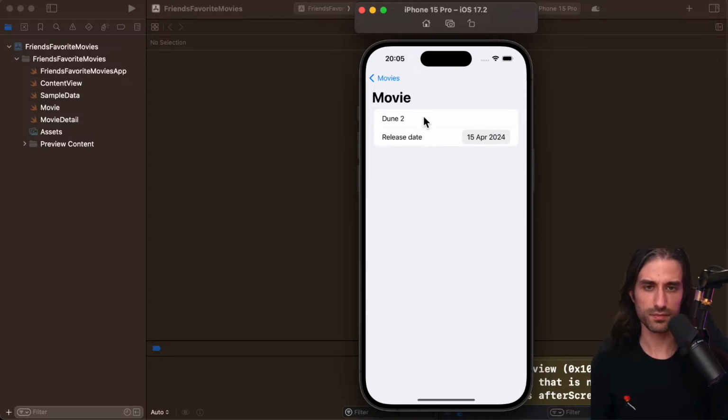So for instance, if I call it Dune part 2, which is the correct title, when I go back, you can see that the data was updated correctly. So when I go to the child view, I can edit child data. And when I come back, the piece of data that I have edited in the child view has also been updated in the parent view.